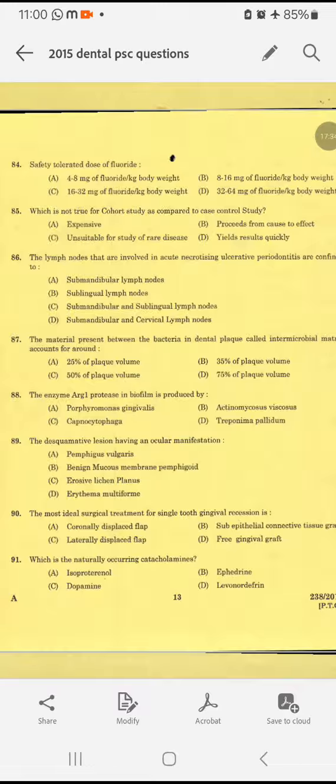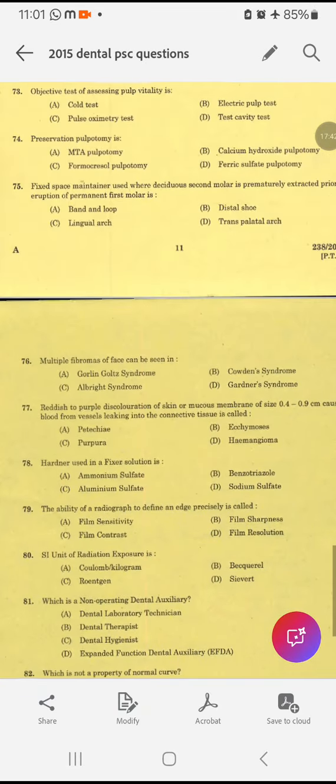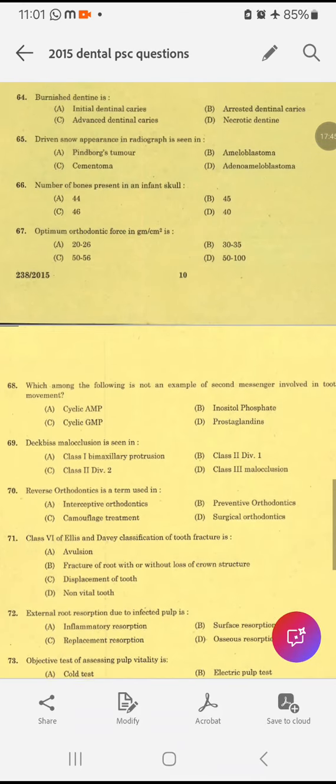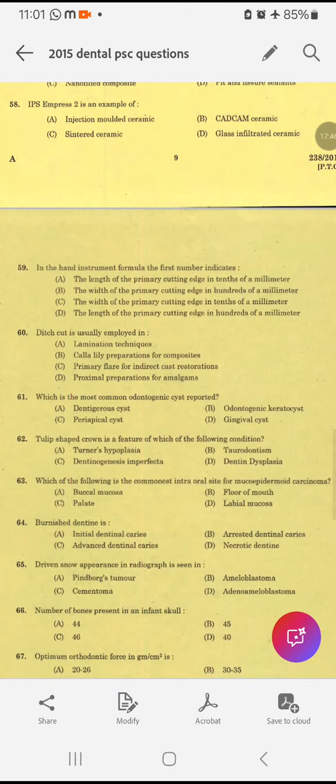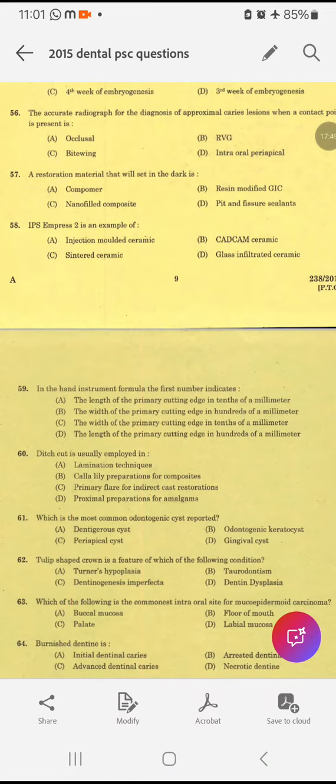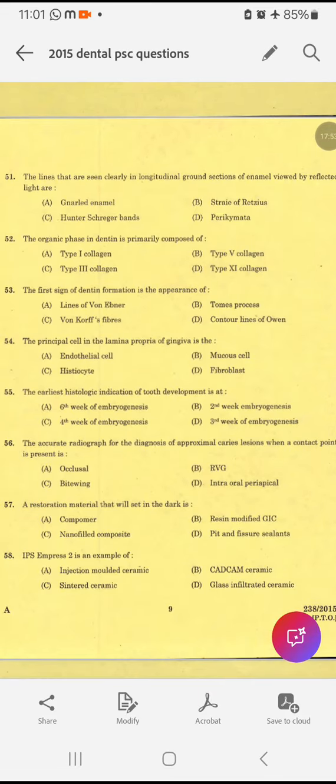The rest of the questions we'll be dealing with in part 3 tomorrow. So revise these questions. The revision is very, very important. This question paper is very important. You may not get the question paper everywhere. This is the exact question paper of category 238/2015, which appeared in the year 2015. Please do check out the question paper again and again. After this question paper, we will be dealing with the previous years' question papers.